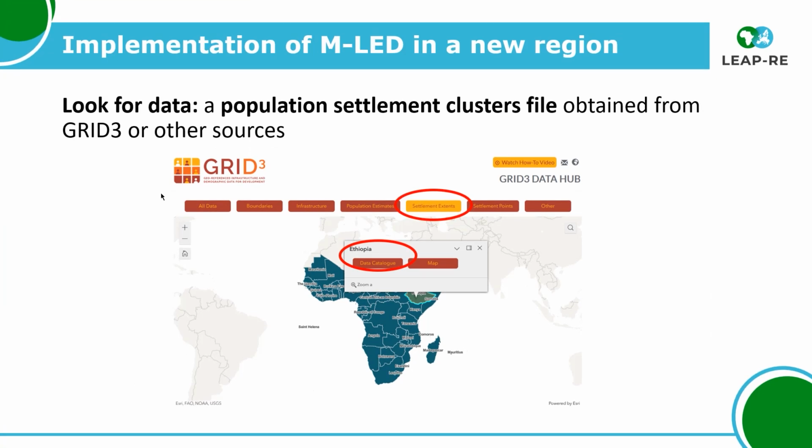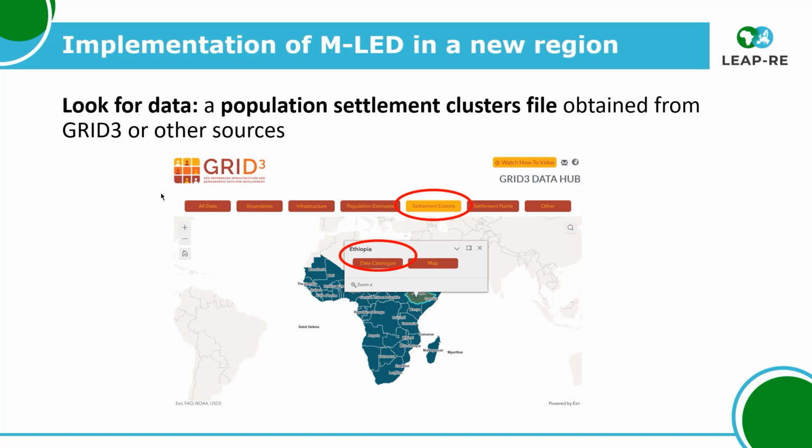Looking for data. Of course, we would need to look for population settlement cluster files. There are multiple sources, so this is just an example, but if you look online for population clusters, population settlement clusters, there are multiple independent research bodies that have produced this type of clusters. The grid-free is a handy one because it covers virtually all countries in sub-Saharan Africa, so it's a recommended option